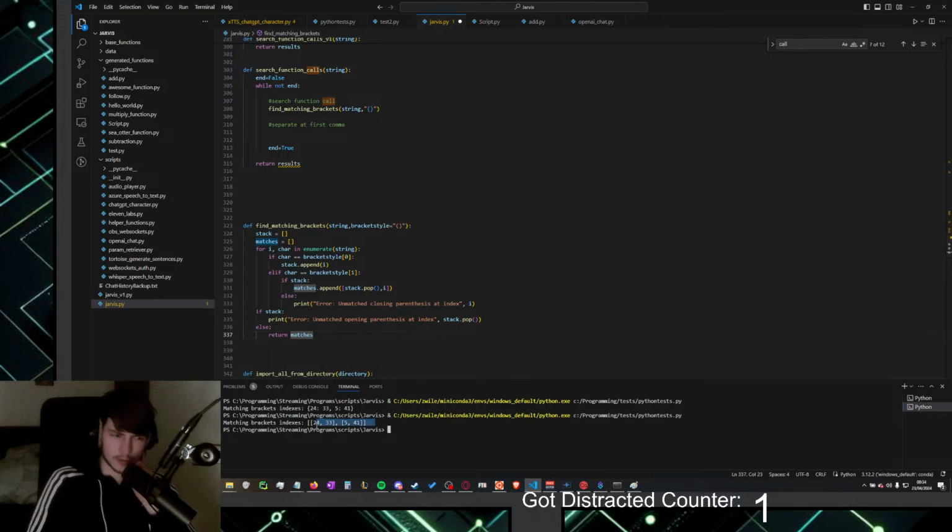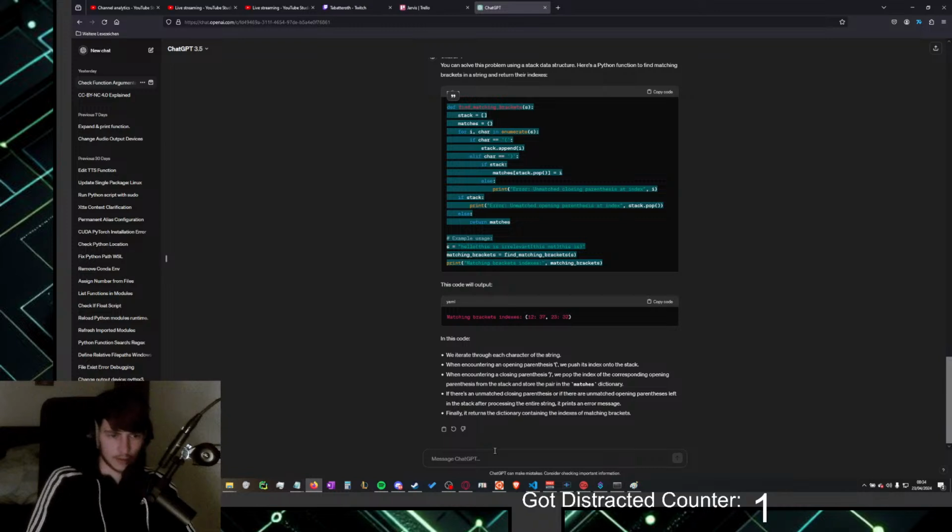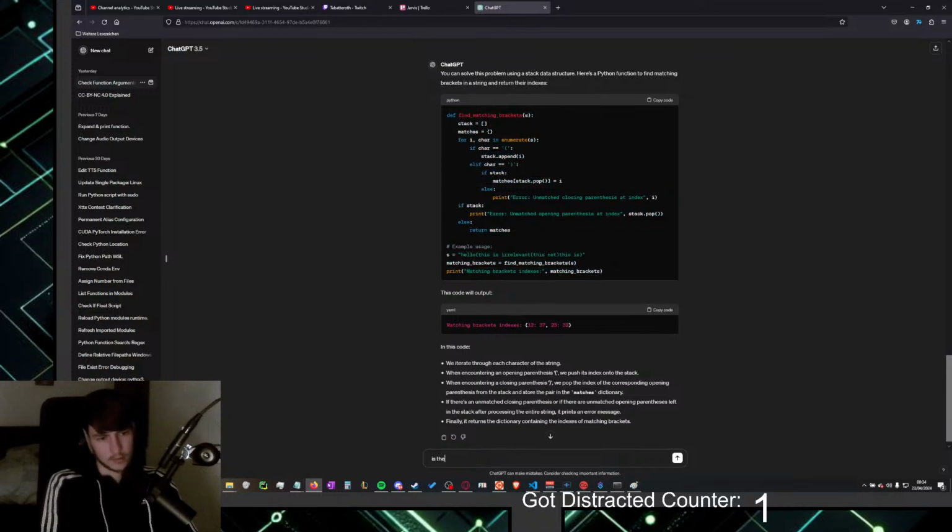Okay, it comes sorted, but in the wrong way. Is there an easy way to rearrange lists from back to front?